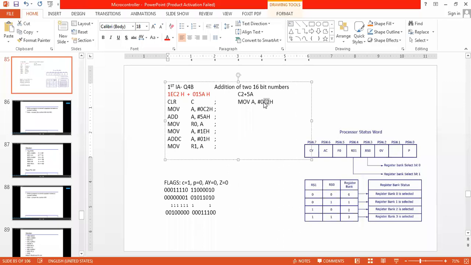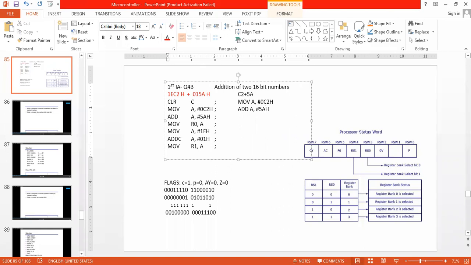Only C2 is considered data, only 8-bit. Then I write ADD A, hash 5AH.